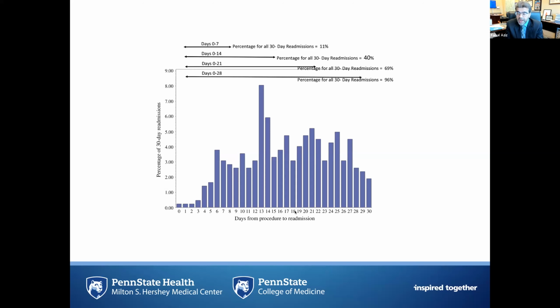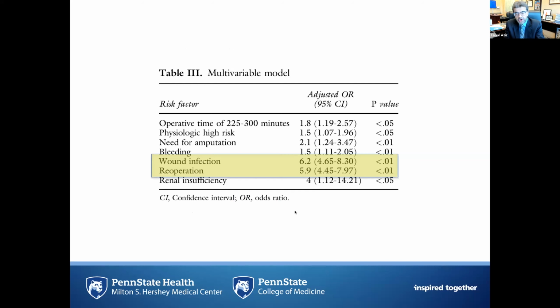And that would not have been possible had we not been able to show such powerful data showing that the readmissions are preventable. Now, we identified in this study that the most common factors associated with readmissions were wound infection and reoperation. Once again, we cannot determine a cause and effect relationship, but there's a very strong association of postoperative wound infections and